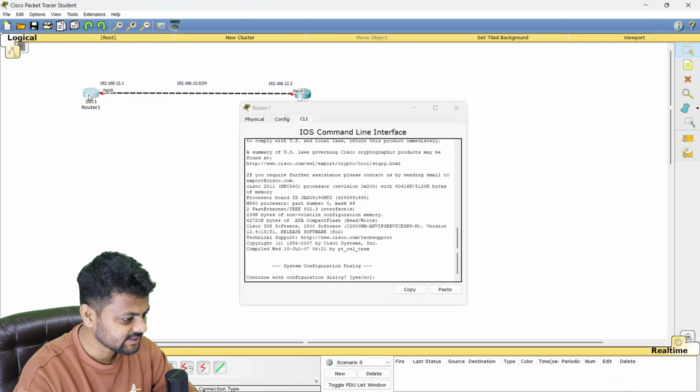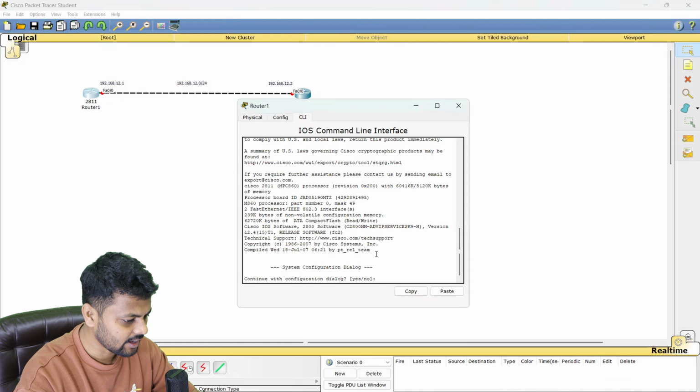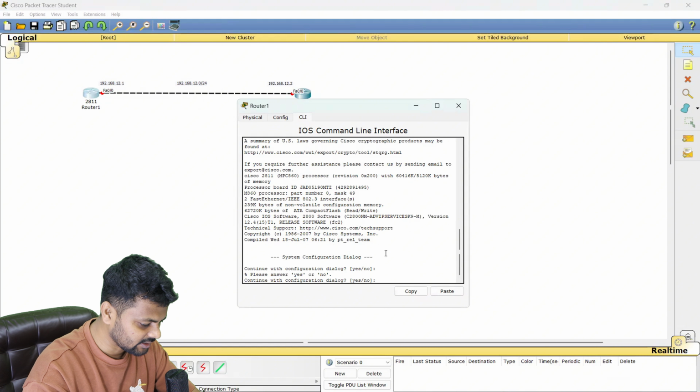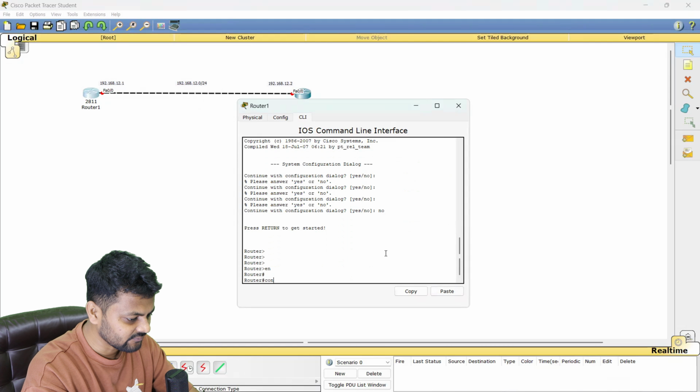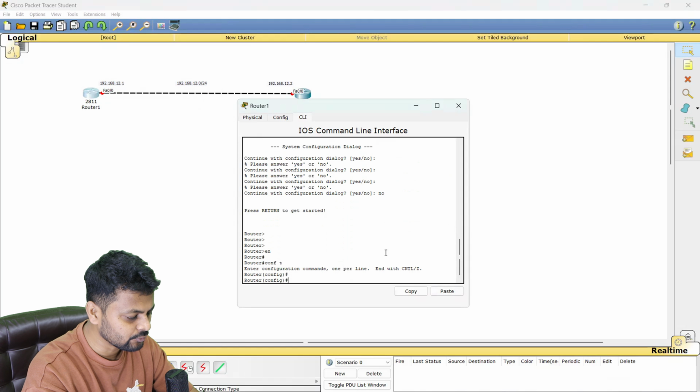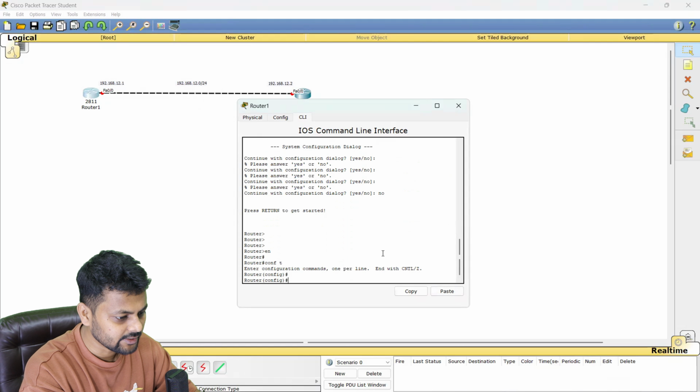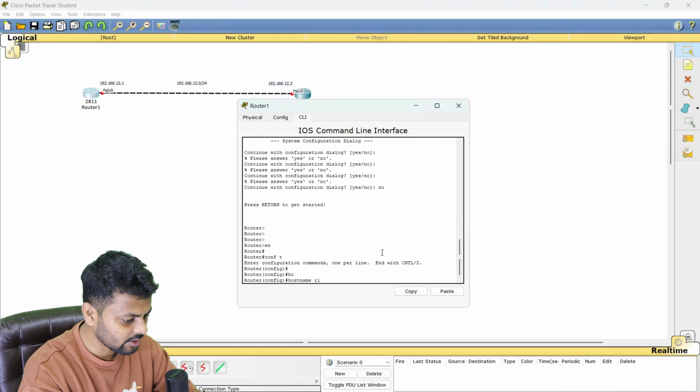So what we can do, let's take a console of this router right now, and let's go into enable mode, then config mode, because in config mode you can do all kinds of configuration regarding IP addressing, changing the host name, routing protocol configuration. Let's change the host name first of all. Host name will be Router 1,